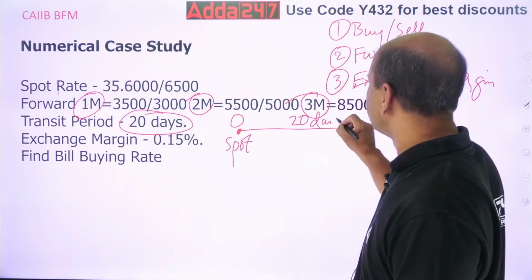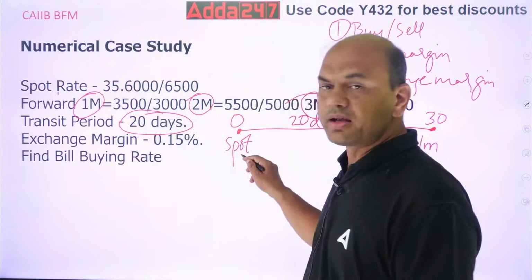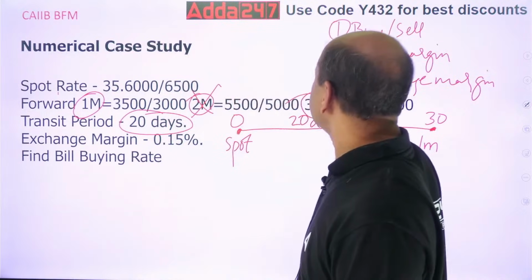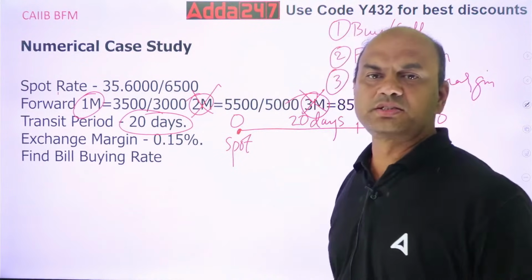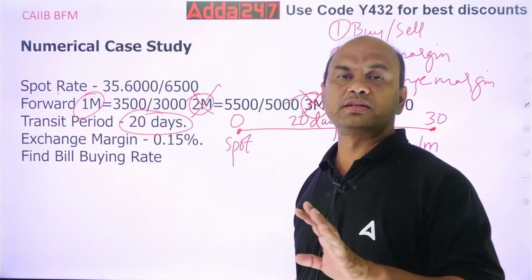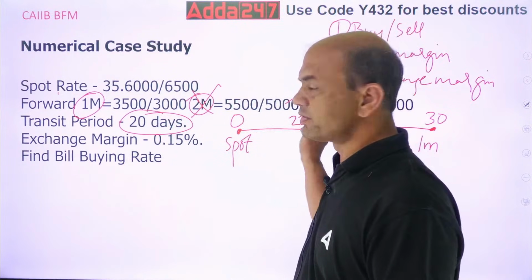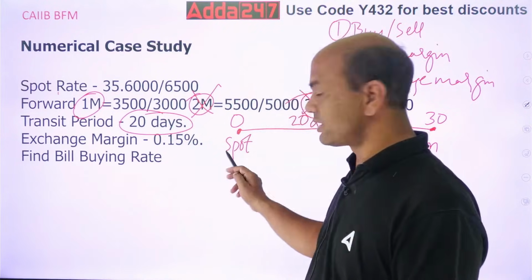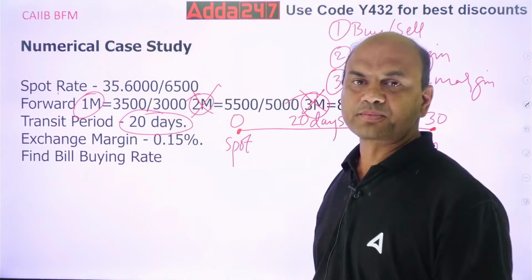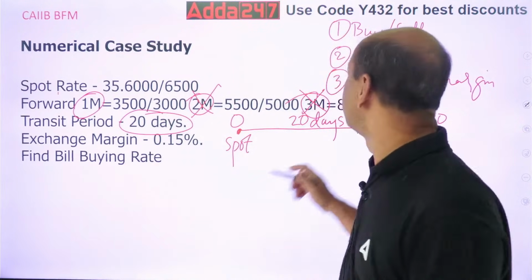Okay. So now my focus point should be spot rate and 1 month rate. This 2 month is of no use to me. This 3 month is of no use to me. Zero use for me. 2 month and 3 month, zero use. Got it? So, got it everyone? Clear this point? Spot and 1 month. Why? Because I'm only focusing on 20 days. This margin we'll see it later. First, let's solve first these steps.